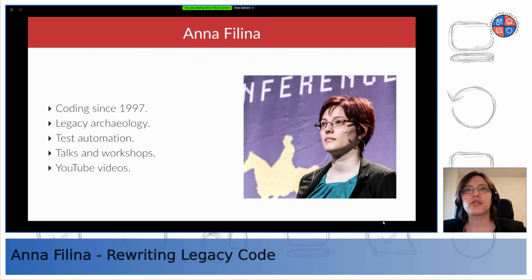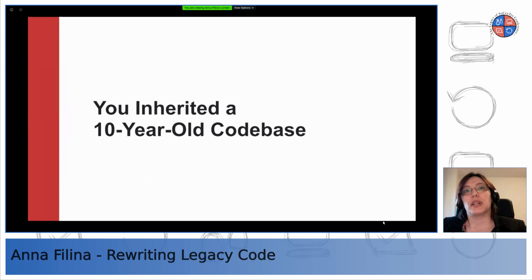So why should you listen to me when it comes to legacy? Well, I've been dealing with legacy for a very long time. In the last 12 months, I have rewritten 16 applications, currently working on applications number 17 and 18. All of these are legacy rewrites, and that doesn't count advice gigs, helping people understand what legacy is all about. All right, let's dive into it.